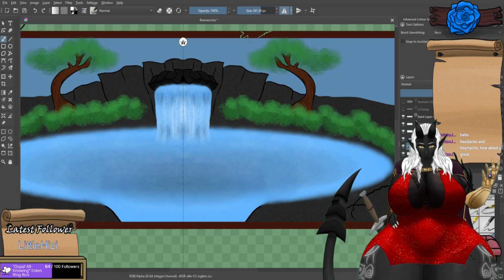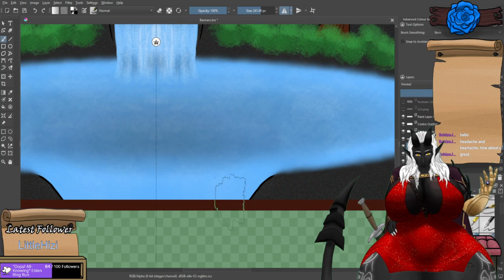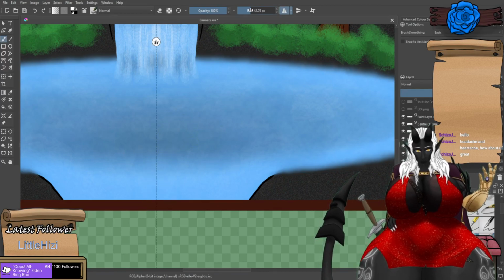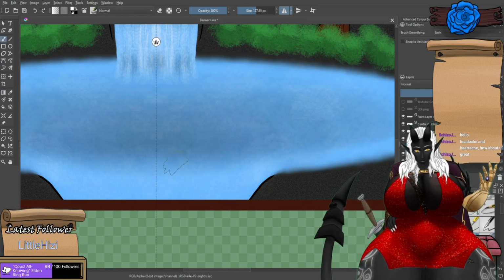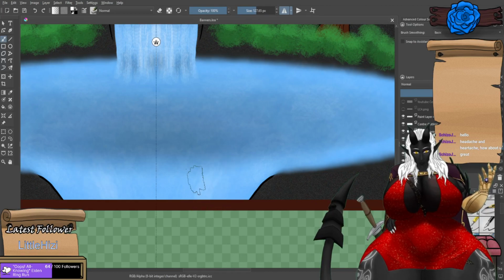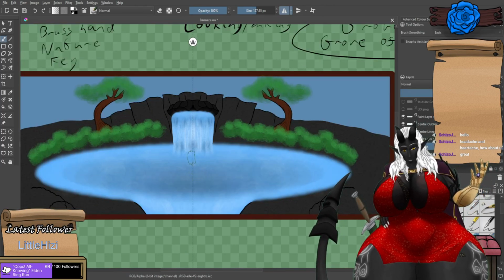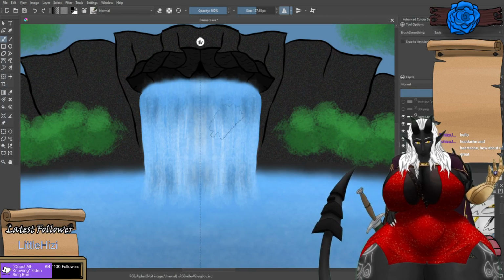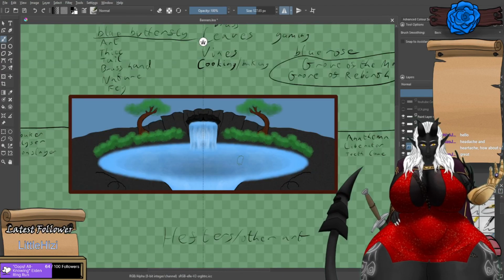Shrink you down. No, not quite that small. Okay, you know what? I'm more confident now. Already feeling happier about this piece than when I started. There's still the problem of the trees, but